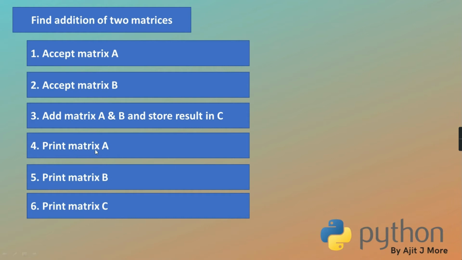So for all this you are going to write logic, because till now you don't know the procedure oriented approach. So obviously, using the knowledge of the previous two chapters, you'll write a structured script, a sequence of steps. You'll write a nested for loop for accepting the first, accepting the second. You'll write a nested for loop for addition of the two and storing. Then the printing logic also you will write three times. First A printing, then B printing, then C printing.